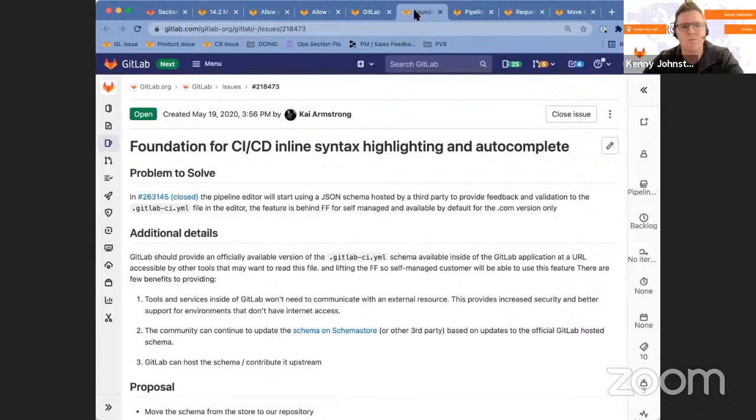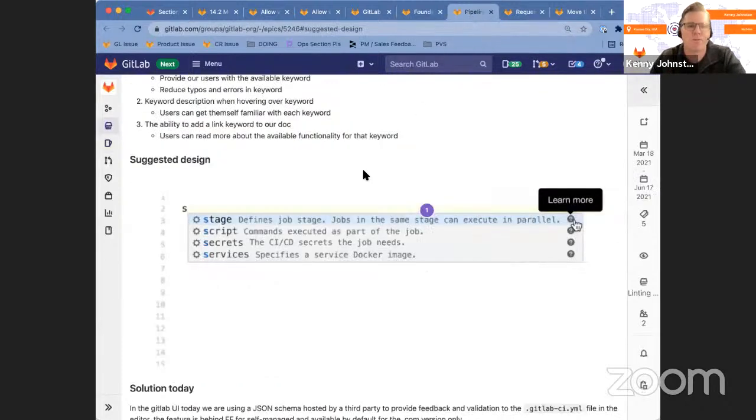So in 14.2, we're going to be removing that requirement of the connection to the external store, storing the schema directly within your GitLab instance and referencing that, making sure it's up to date. This is all in an effort to get to what we're really excited about, which is adding autocomplete while writing